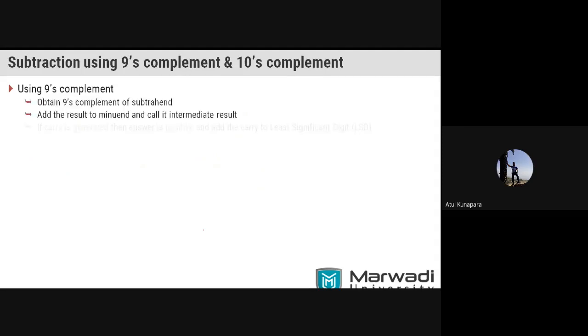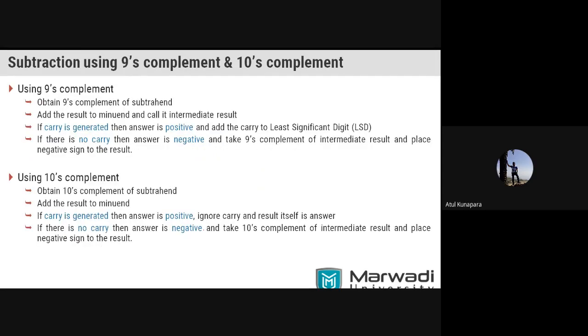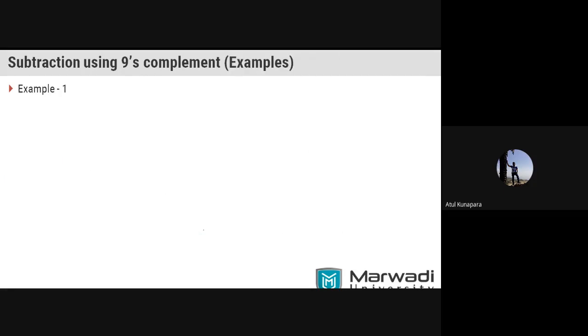Okay, so now let's see about these rules, what I said, for making subtraction of two given decimal numbers using 9's complement form and 10's complement form. I just listed all those rules here, but now I will explain all the rules one by one with examples. First example we are using is 9's complement. You have been asked to perform subtraction 745.81 minus 436.62. This is a very simple decimal subtraction, and we can perform it like this, right?